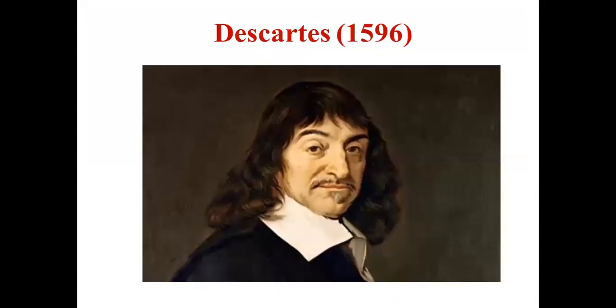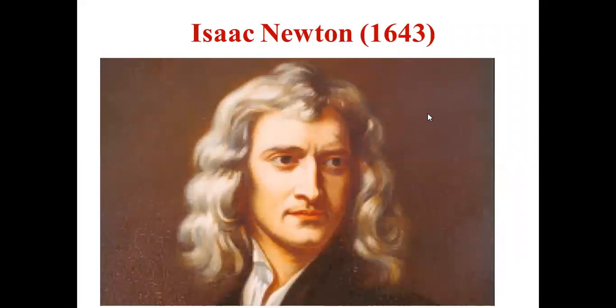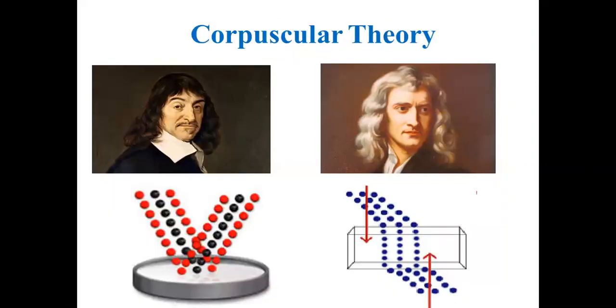Okay, and whatever we have studied is, the first idea about light was given by Descartes, and he said that light is a stream of particles, and he didn't put forward any theory. But Newton, at a later stage, studied Descartes' ideas and put it in a proper way, and he gave a theory called corpuscular theory. According to corpuscular theory, different sized corpuscles have different colors, and a surface which reflects light gives a normal force of reaction on these corpuscles. That's why they move like this.